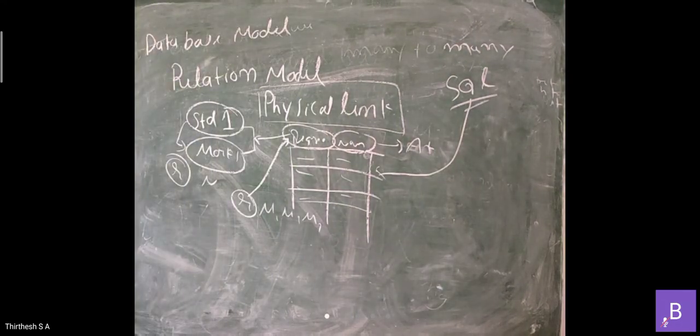So mainly a relational model doesn't consist of any physical link. Each and every relation or representation, we call an attribute representation itself. So we can join two or three tables, and to join, we take the help of attributes. The relational model is a program-friendly model. Nowadays each and every database comes with the help of the relational model itself. So this is about the relational model. Hope you understood this.